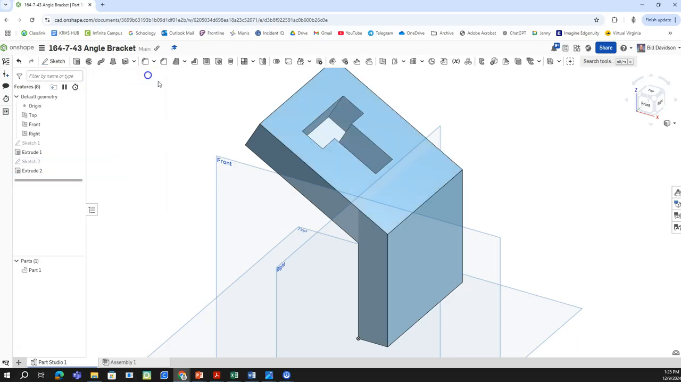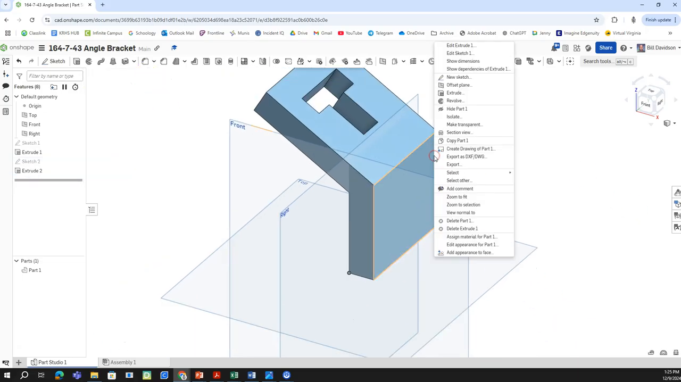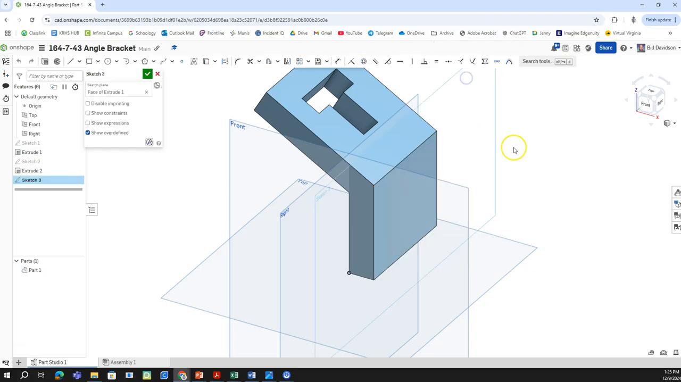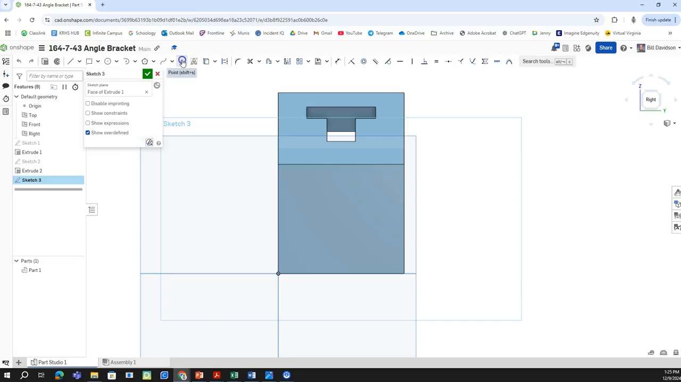So that cuts that out. Okay, then I'm going to go onto this surface, click New Sketch there, right click and go View Normal to, and I'm just going to put a point right here because there's two holes, and I'm going to put those points in there. I'll do a horizontal constraint to make sure that they both stay horizontally constrained together, and then I'll put dimensions